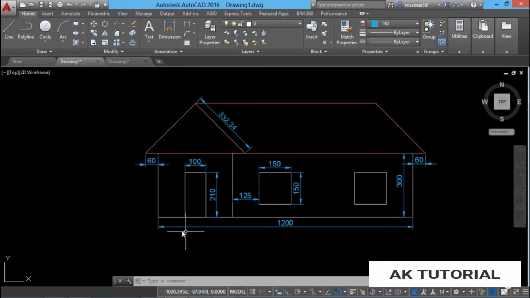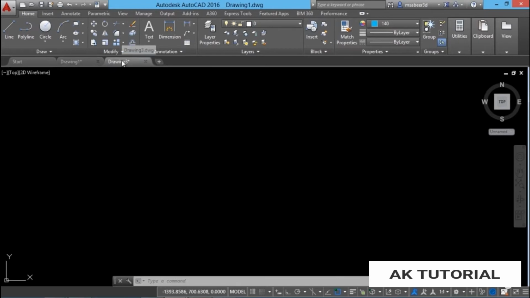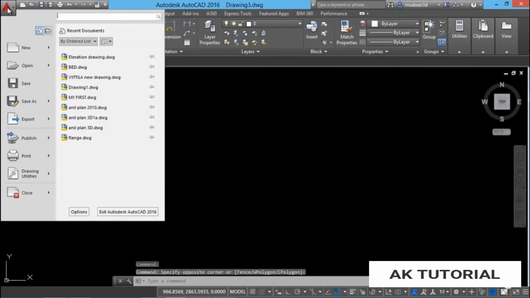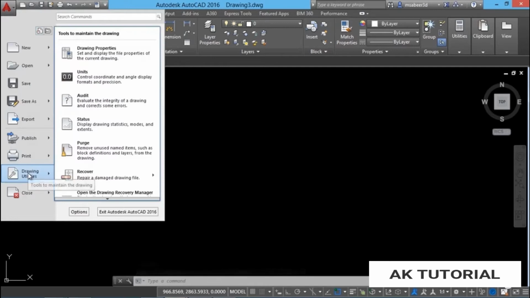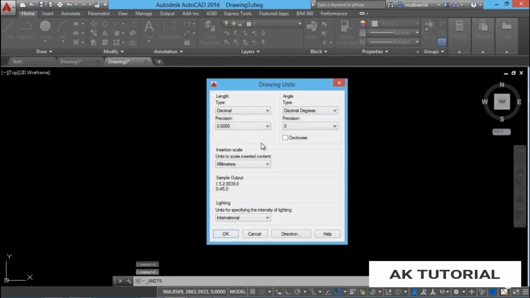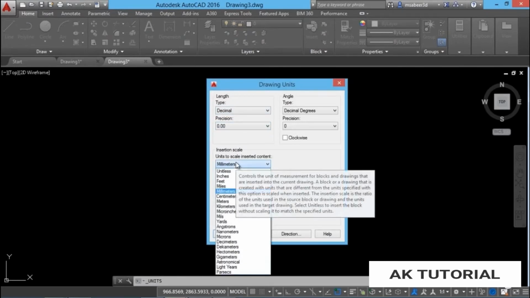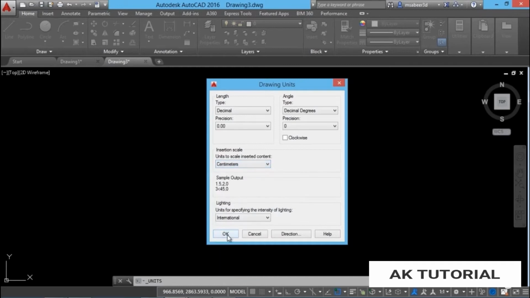And when you look at the dimensions, you can see that the maximum dimension is 1200. And all the values are given in centimeters. So I'll go back to my file, click on application button, drawing utilities, and I'll go to units command and I'll set the linear measurement to decimal precision to 2 places, and I'll change the insertion scale to centimeters and